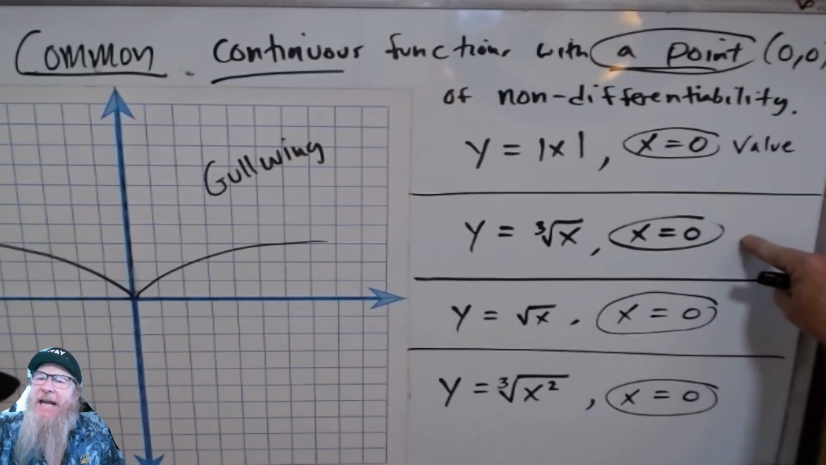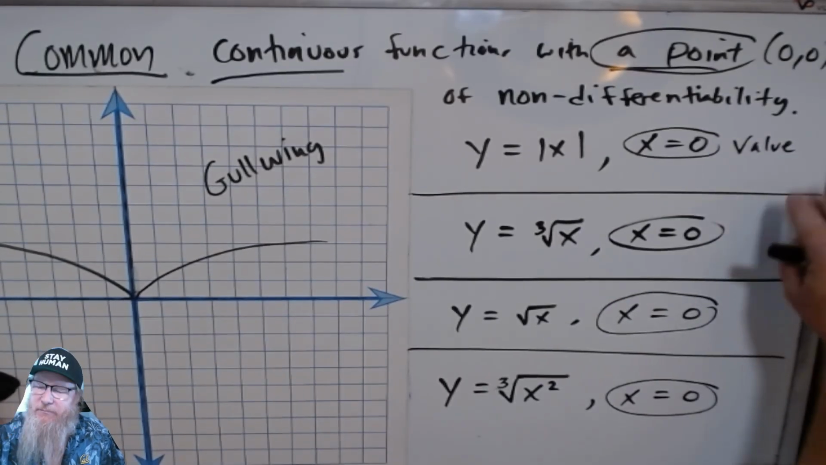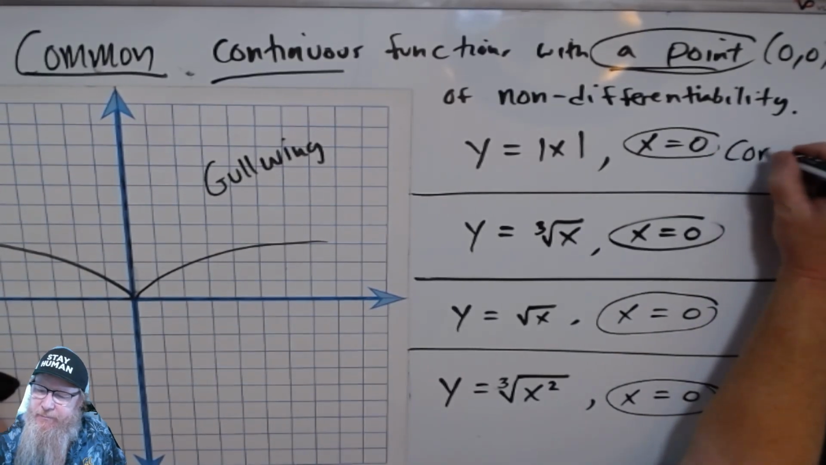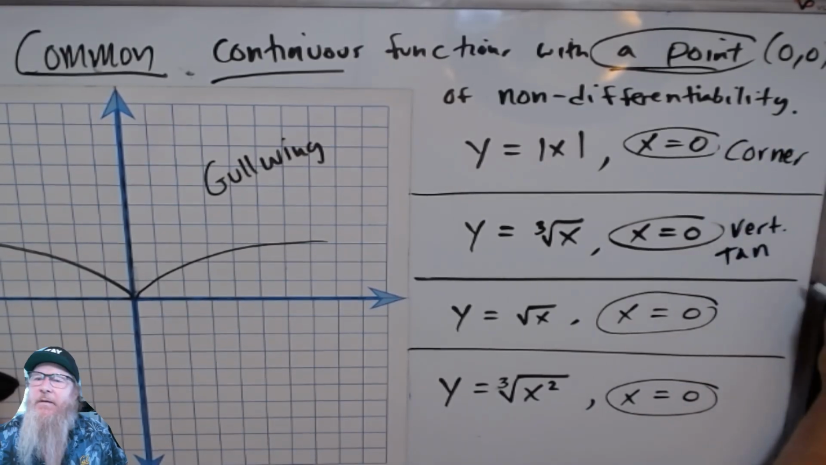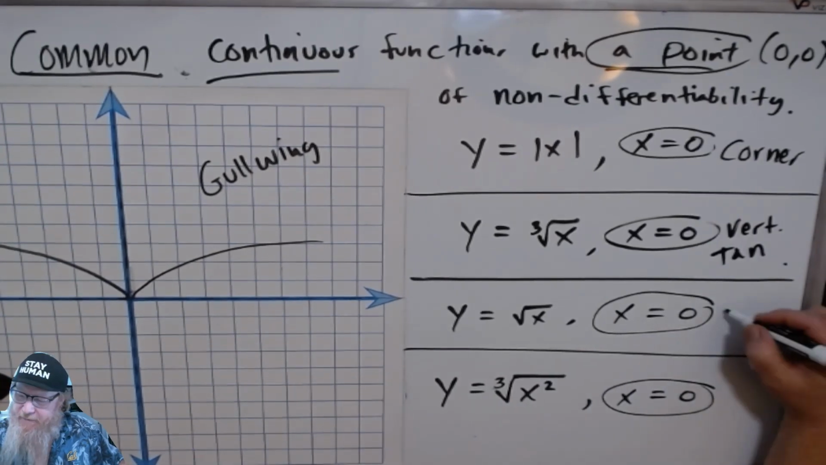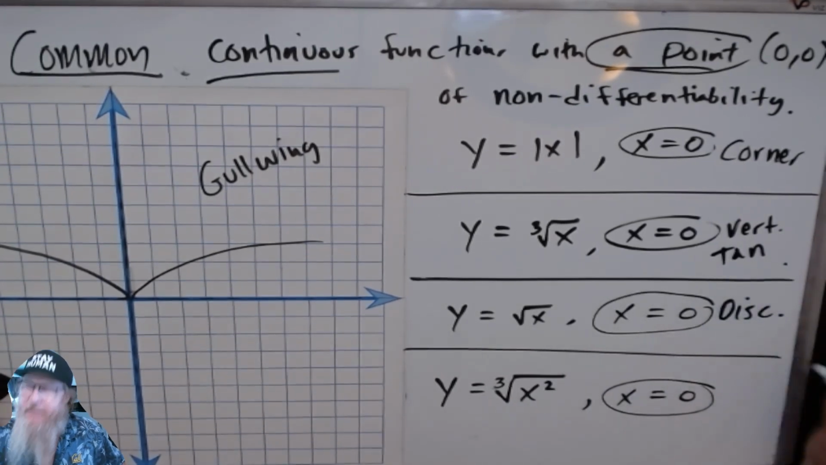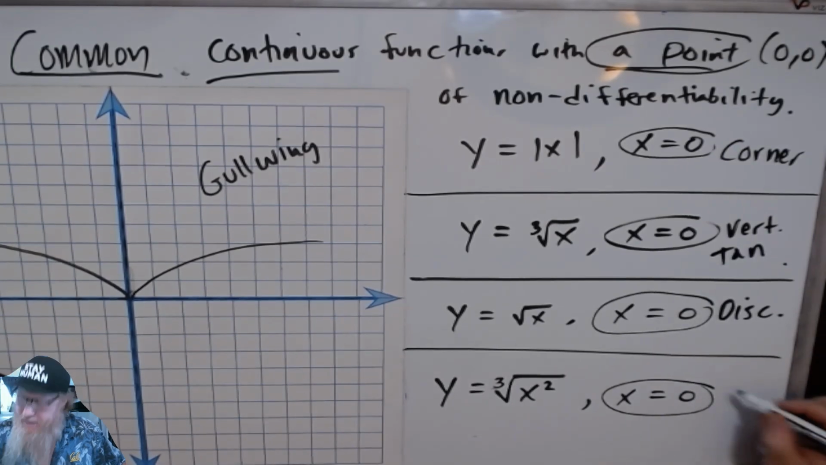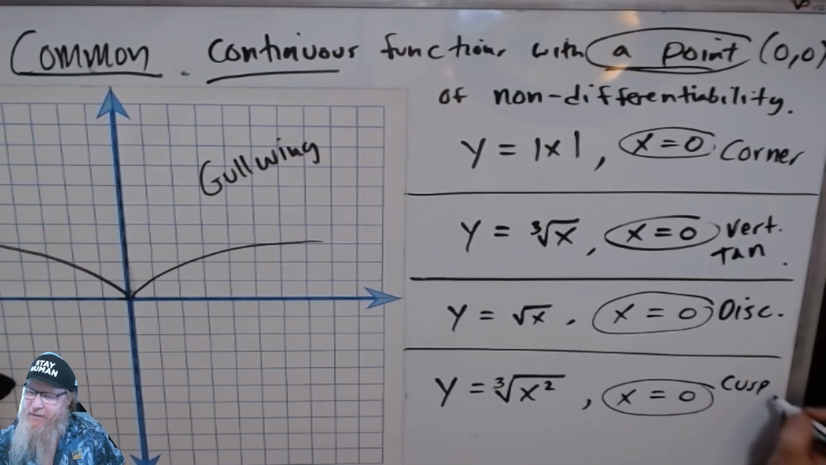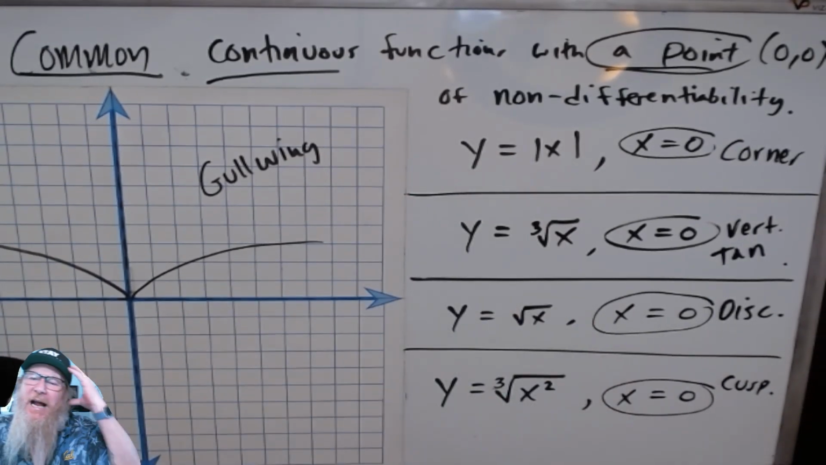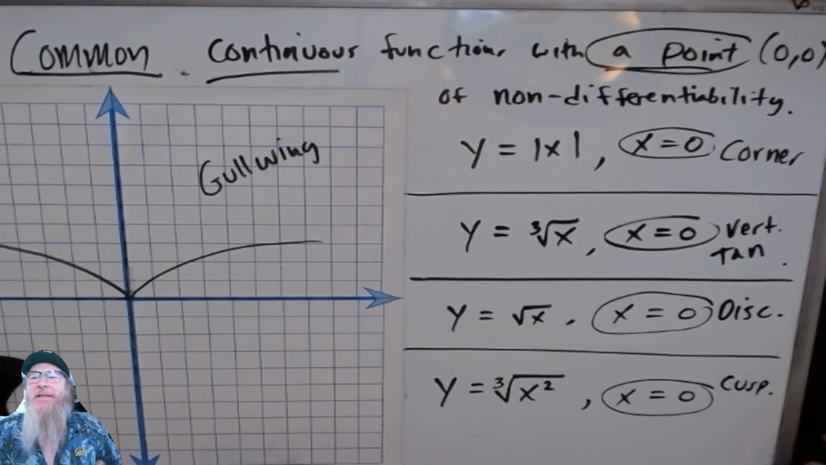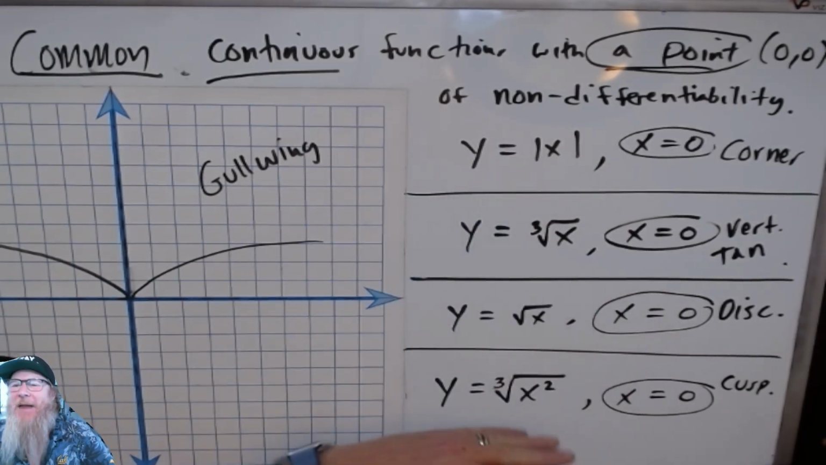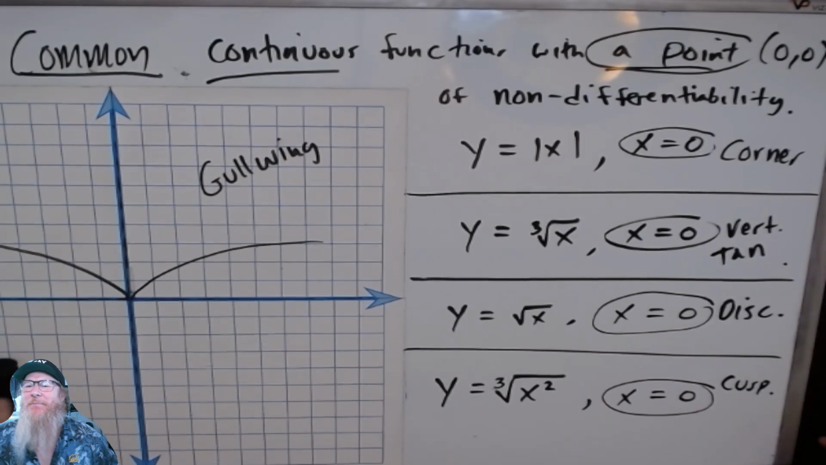So again, we have a corner. We have a vertical tangent. We have a discontinuity. And we have a cusp. So these are the four that I just sort of walk around with, when I'm in my mathematical zone. It kind of gives you one of each of the types of